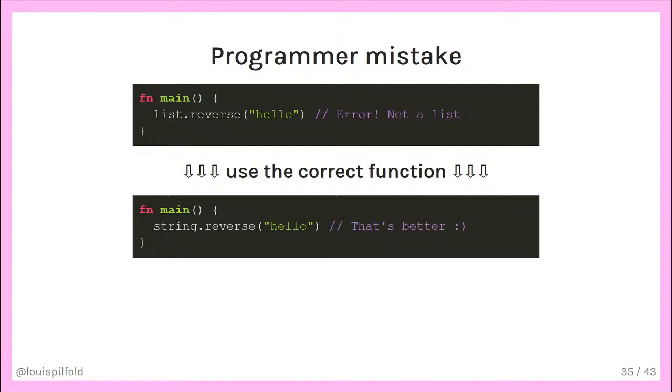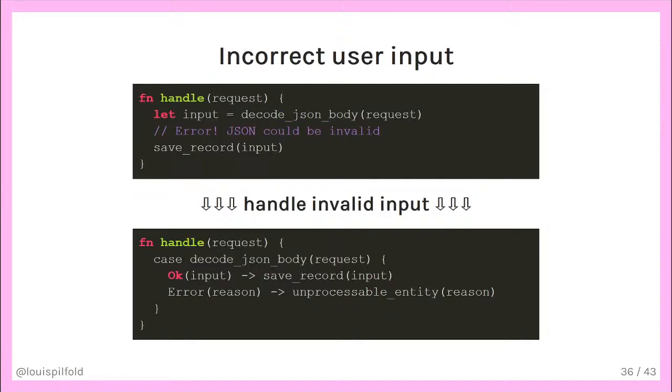Imagine a problem that is caused by a mistake on my part as a programmer. So for example, here I'm trying to reverse a binary string, but I'm using a function that reverses lists. In this case, once the error has been highlighted to me by the compiler, I realize I've made a mistake, and then I go and fix the bug. Erlang's fault tolerance isn't the right tool here. If a trivial mistake has been made, I want to find it as quickly as possible, and I want to fix it.